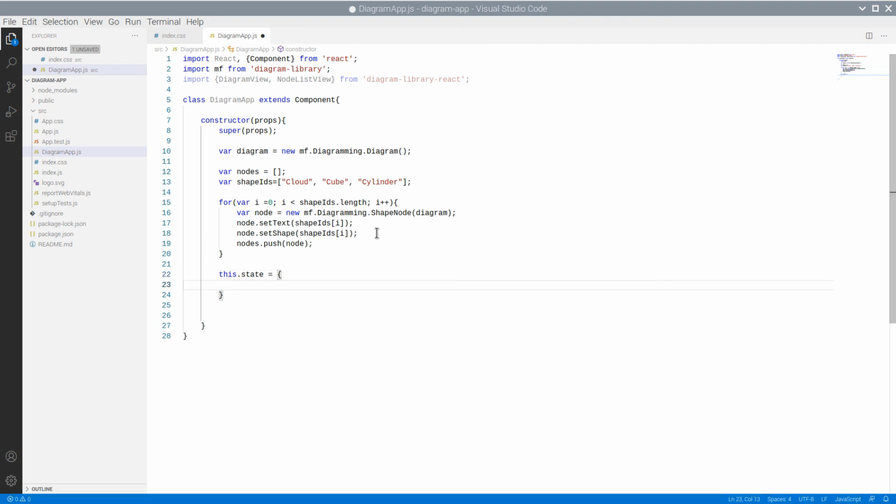We write the 2 arrays and the diagram instance into the state of this component. We also declare it as a default export.